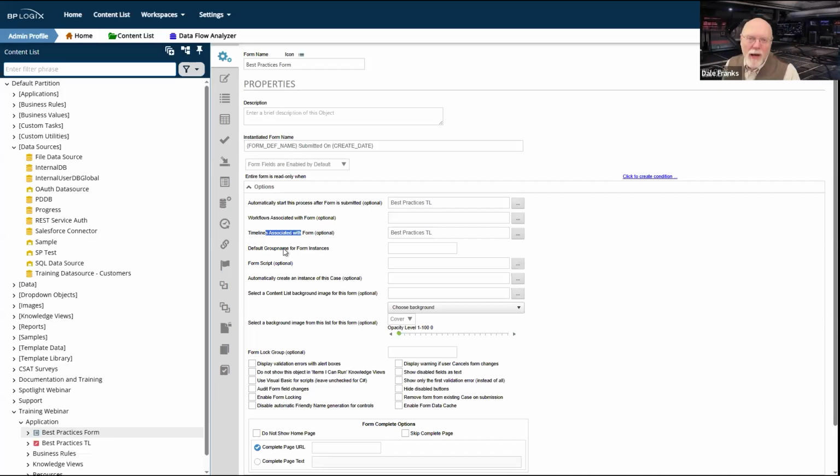Again, this is going to make your life easier whenever you are configuring the form. And if you start looking for running activity name or activity users or whatever it is that you're looking for, if you do the timeline associated with form, it will always look at this timeline and pull data from this timeline, well, actually the timeline instance of this timeline that is associated with the form instance that's running. So you do need to set both of these.